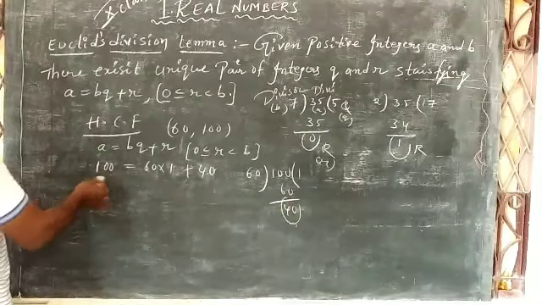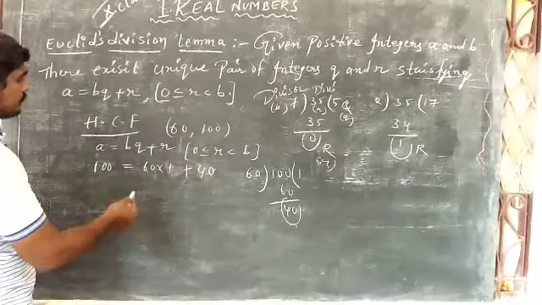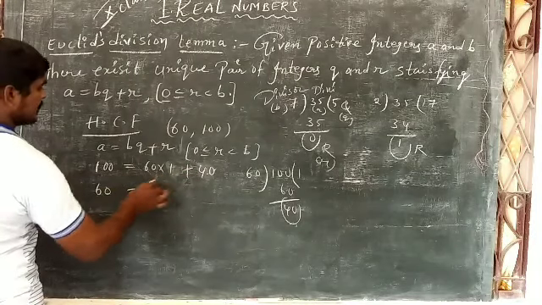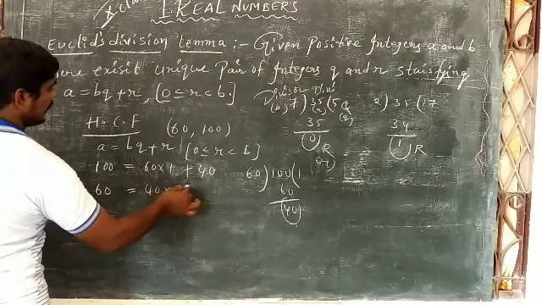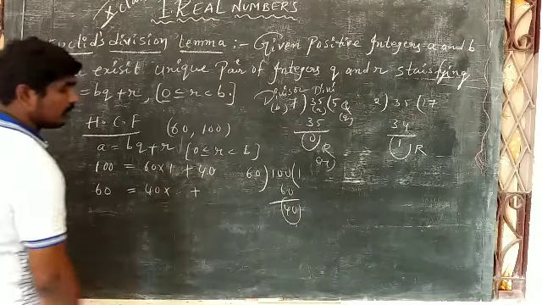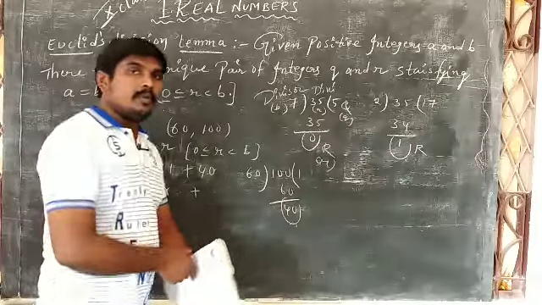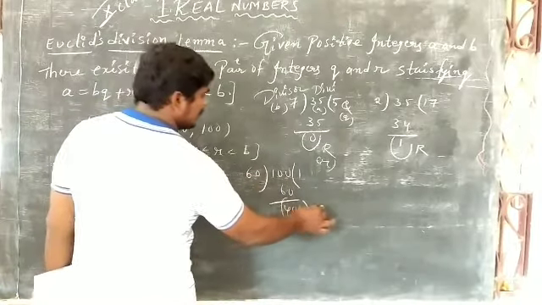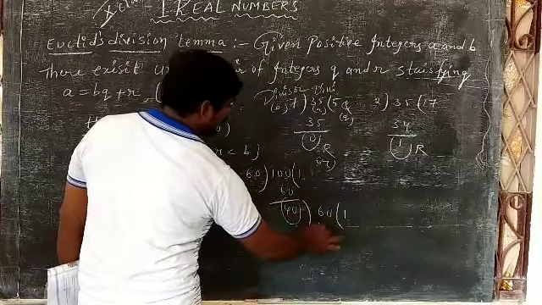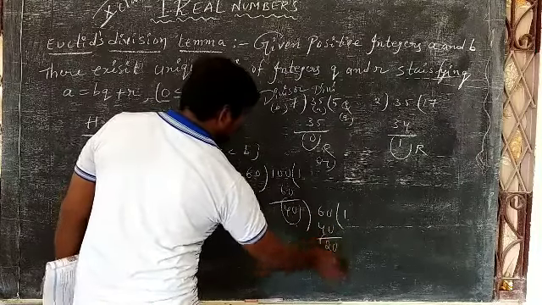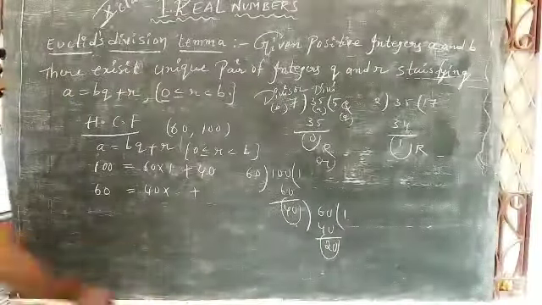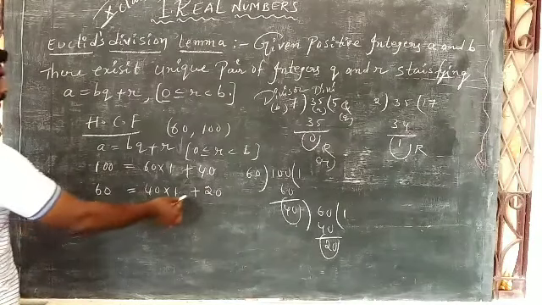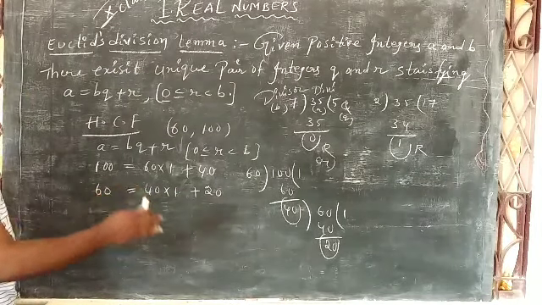Next step, in the second step, the divisor becomes the dividend, and the remainder becomes the divisor. Quotient and remainder we want to find out, these two. How to find out? By using the division method. Here this process continues. Now 40 becomes the divisor, 60 becomes the dividend. 40 ones are 40. 60 minus 40 means 20 we will get. So the second step is completed. In the second step we got quotient 1 and remainder 20. Here we did not get remainder 0, so we continue the process.